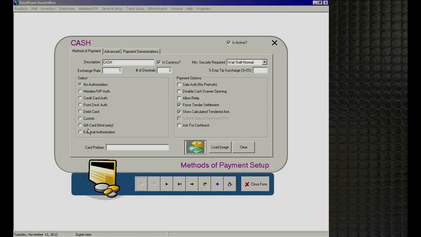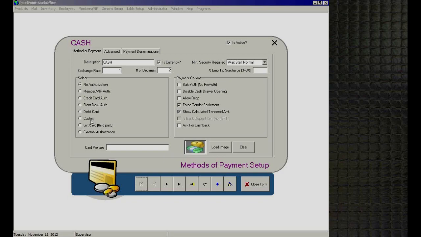The next one down is gift card third party. Now do not confuse this with the integrated gift card system within PixelPoint. That one looks to the member record. This one looks to an external third-party system, for example, the Mercury gift card system. This is an external third-party software, and if that is the case, this will then interface with that to look externally for that authorization. And then also for just general external authorizations for anything beyond the Mercury gift card system